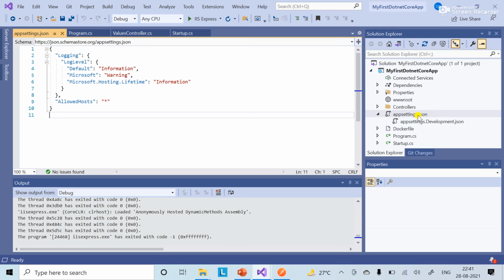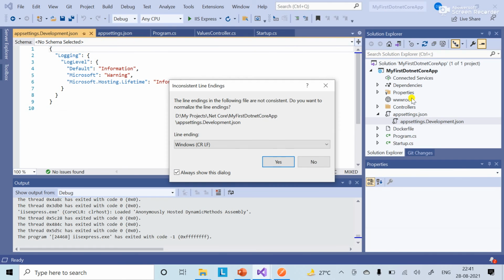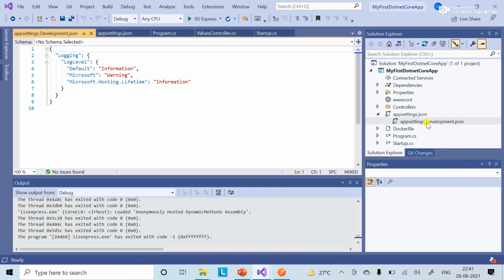Like web.config, where we can transform it and have many versions like production, QA, or test, here also you have appsettings.Development.json for development. Similarly, we'll have appsettings.qa.json, appsettings.prod.json, appsettings.int.json, or test.json based on your environment.